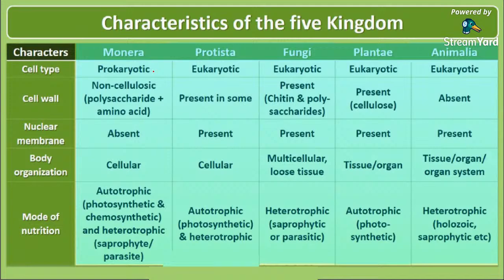Transmission of characters, that is what you have learned in heredity and evolution in class 10, right? So like that, the ancient transmission of characters, what was their origin, what was their relation with the previous organisms. Yes. So the only kingdom comprising prokaryotic organisms is Monera. Prokaryotic refers to unicellular, right? Unicellular organisms is what is meant by prokaryotic. So Protista, Fungi, Plantae, and Animalia, all these comprise eukaryotic organisms.